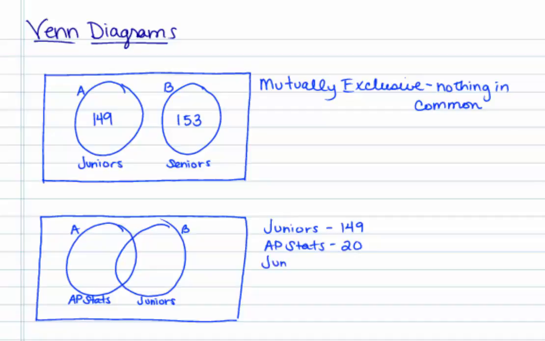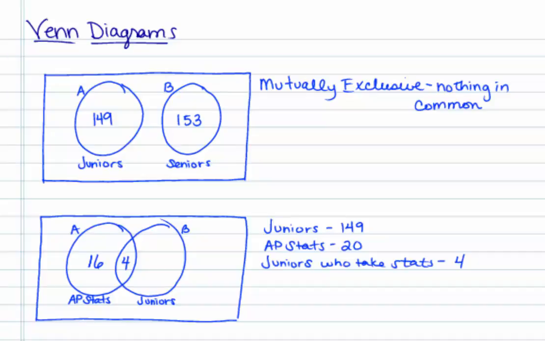And juniors who take stats. There are 4, I believe, 4 students that are juniors that take statistics. So I start with 4 students that are both. Now be careful, because the circle for A has to have 20 statistics students. So I already have 4 in the section that overlaps, so I only need 16. There are 16 students that are only in stats, 4 others are also juniors, making 20 altogether